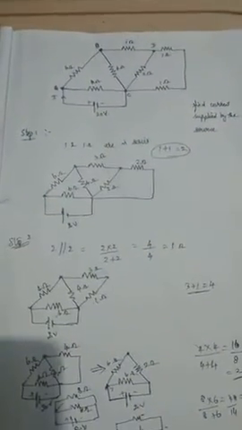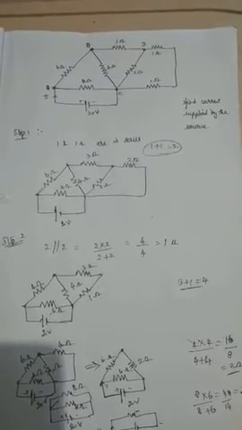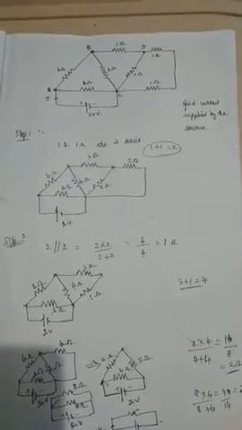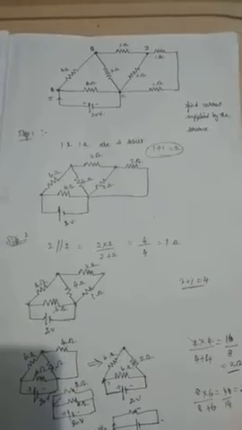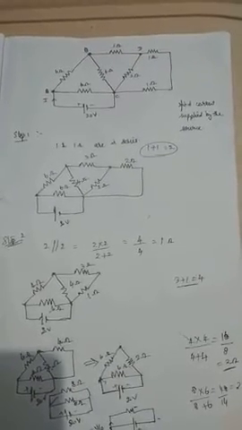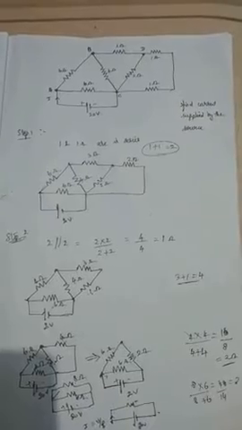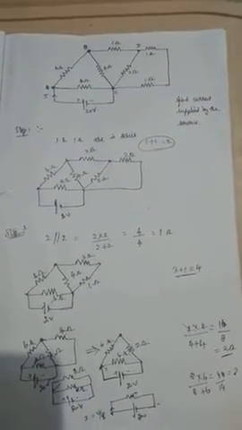Good afternoon, everyone. We will see a sample problem based on how to reduce the value of resistance, and from that reduced resistance, how we are going to find the value of total current I. We generally know that to find the value of current, the formula is I is equal to V by R, and here we have so many resistances, so we have to reduce them to a single resistance R, which is nothing but the total resistance. Already they have given the value of voltage. So first we have to find the value of resistance, and then we can find the value of current I.